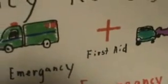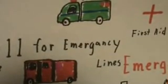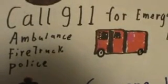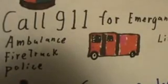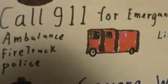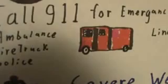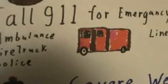As far as emergency reasons, we could probably think of a list from 1 to 10 to maybe 15 of the different emergency numbers, or whoever to contact if there was an emergency, such as the numbers you would call for non-emergencies, which I can't really think of any of them at the moment, but